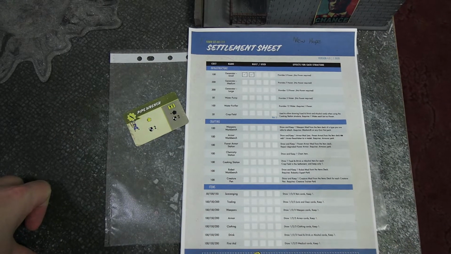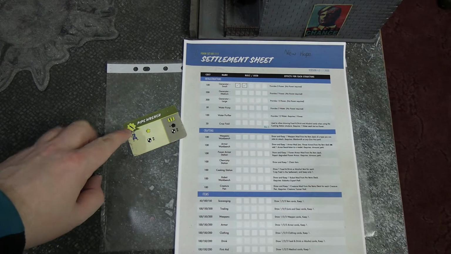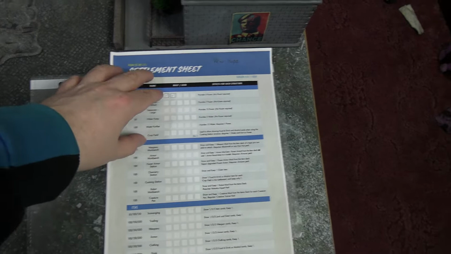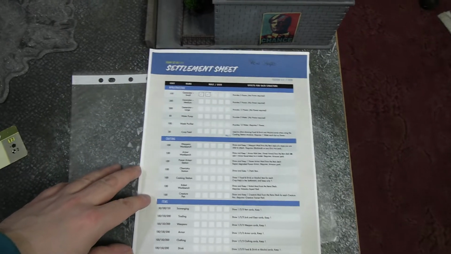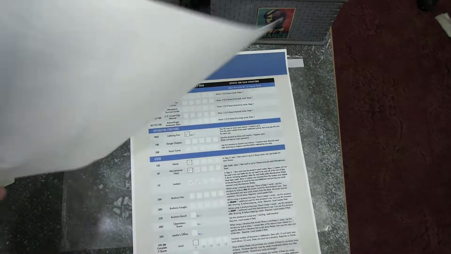So here's our settlement sheet. We have 200 caps, as previously said. We also have a pipe wrench as a hangover from the last quest, so that's being stored currently. We're not going to be able to do an explore card this time because I've spent the full 200 caps. And I've decided on, if we flip the page here,